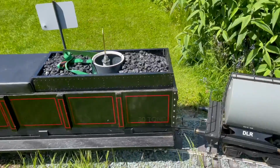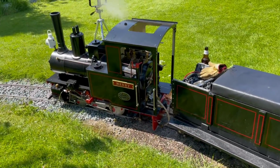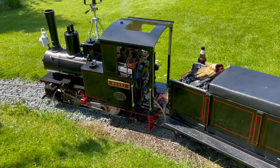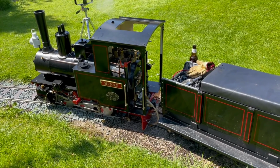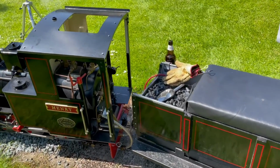For those that are still working in gallons, that equates to 22 UK gallons, or for you Americans out there, that equates to 26.4 US gallons. Going on to the coal,